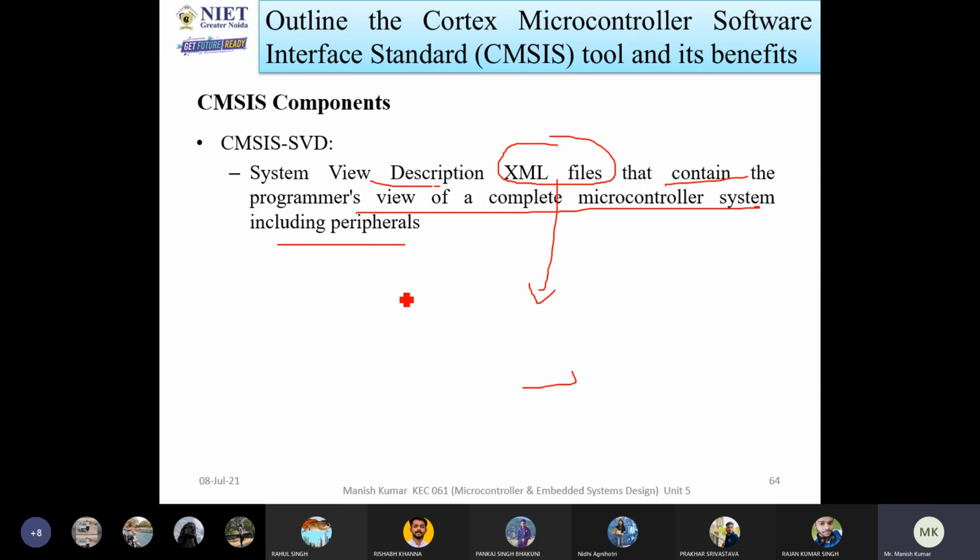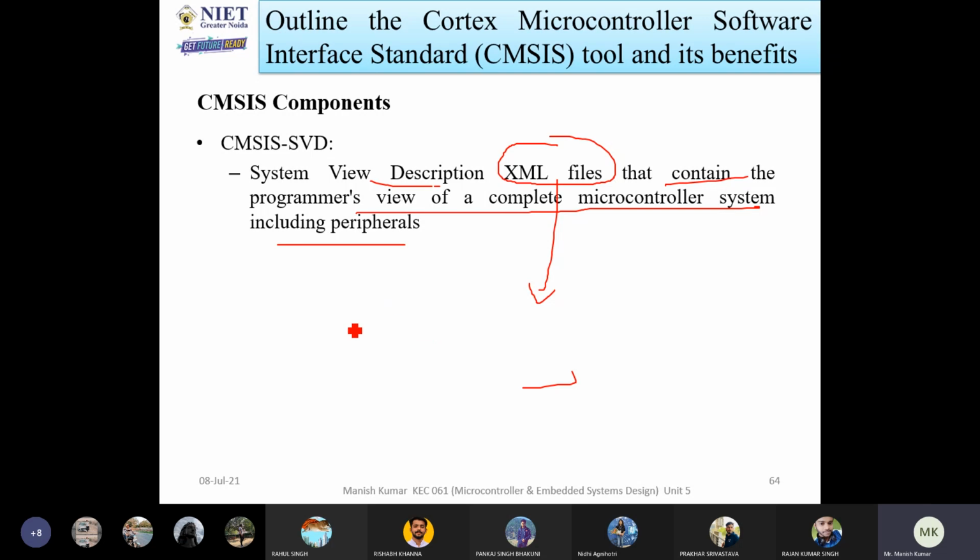This will give you the complete description. If you do not give the complete description, the users will not be able to know about the particular system. So that's why CMSIS-SVD is used, and this is the XML file.